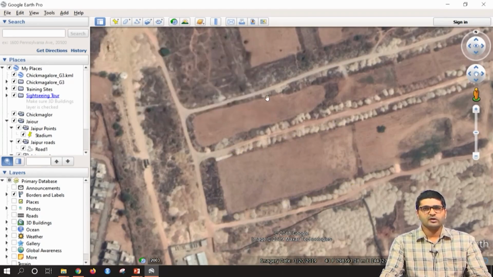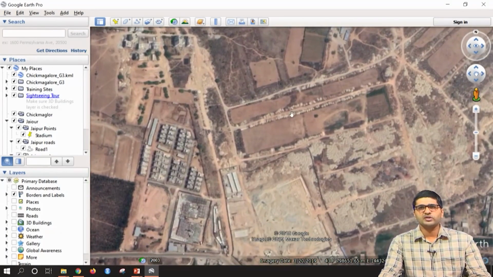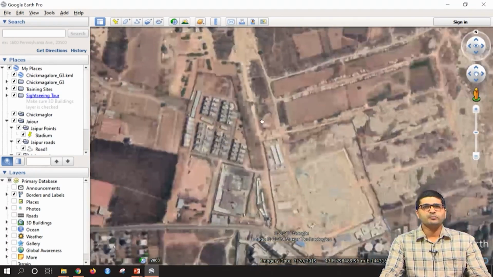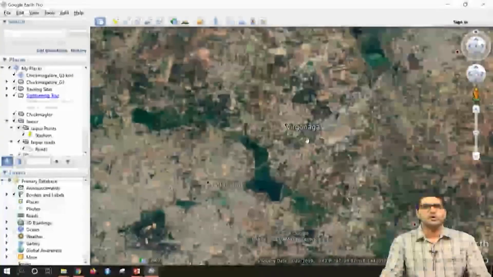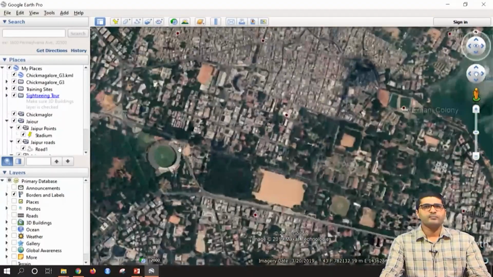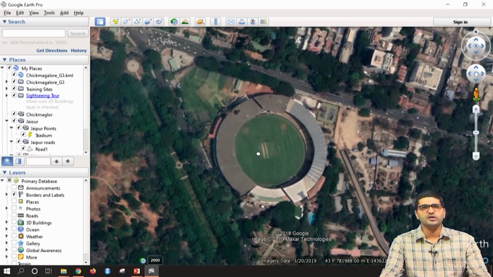So this is how you can effectively use Google Earth imagery or Google Earth tools to measure length and areas, and also to view the timelines of the imagery. Not only that, if you want to create some polygons and bring it into QGIS, that is also possible. Suppose, for example, I want to create that Bangalore stadium as a polygon and bring it into QGIS, that is also possible. For that, I need to go to my